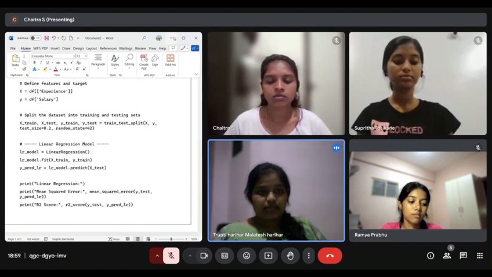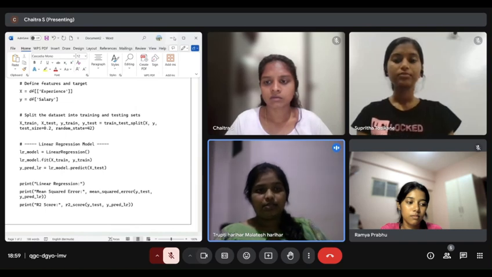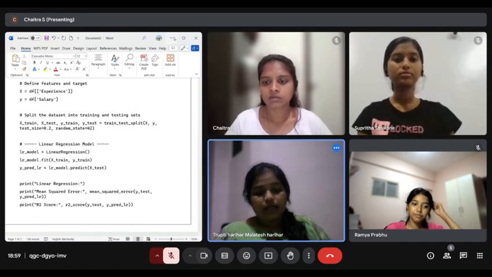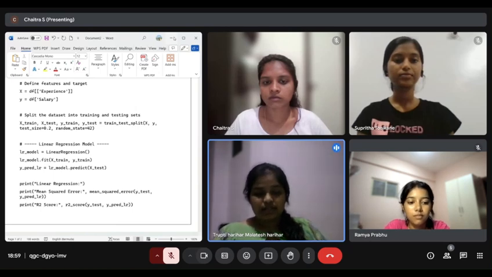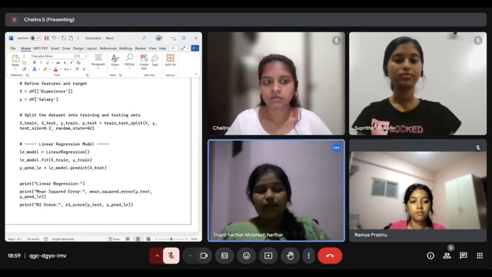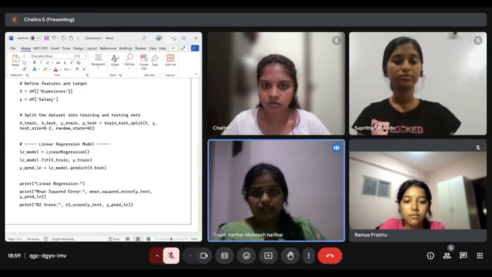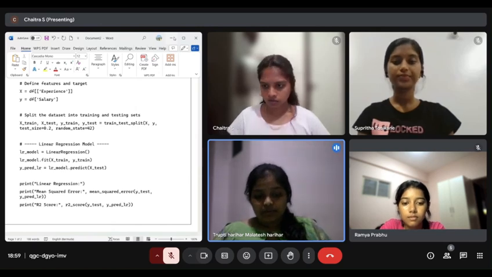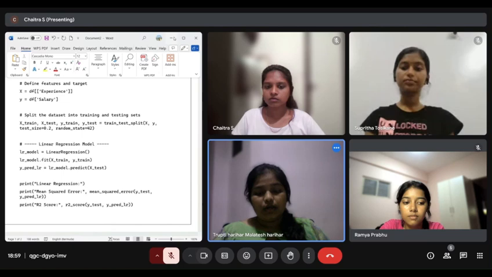X_train, X_test, y_train, y_test equals train_test_split of X comma y, test_size equals 0.2, random_state equals 42. It splits the dataset into training and testing sets. X and y are passed as inputs. Test size equals 0.2 allocates 20% of the data for testing and 80% for the training data set. Random state equals 42